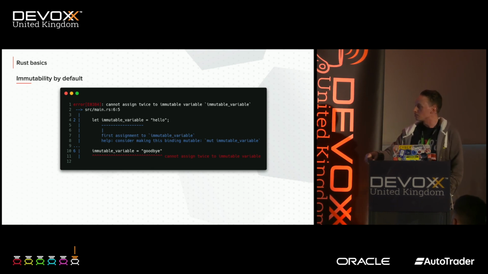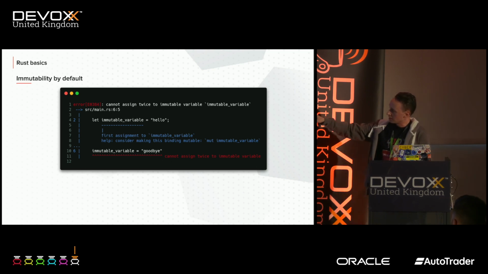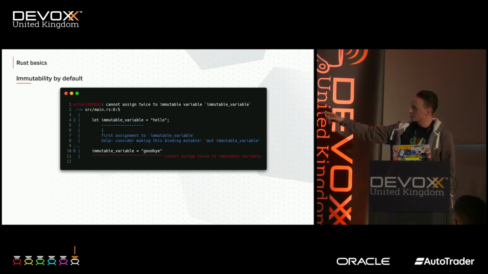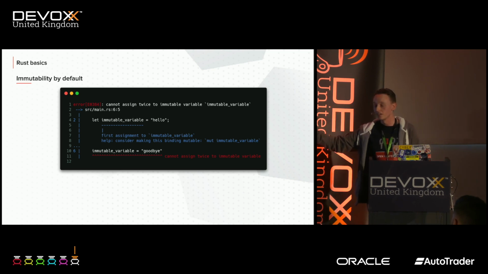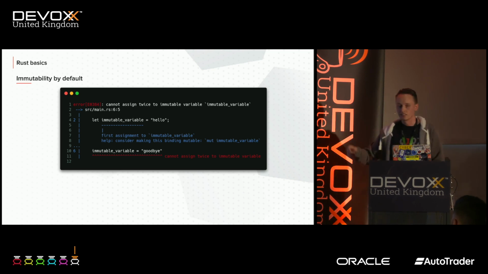It's gone a little bit further, and it said, okay, the error is that you cannot assign twice to an immutable variable. It's occurring on this line 6 here, but it's also traced back where that variable was declared, and it's telling us the error really begins on line 2. Then it's giving us a comment saying exactly what we need to do to fix this: you can just add the mut keyword here, and then this won't fail to compile anymore.